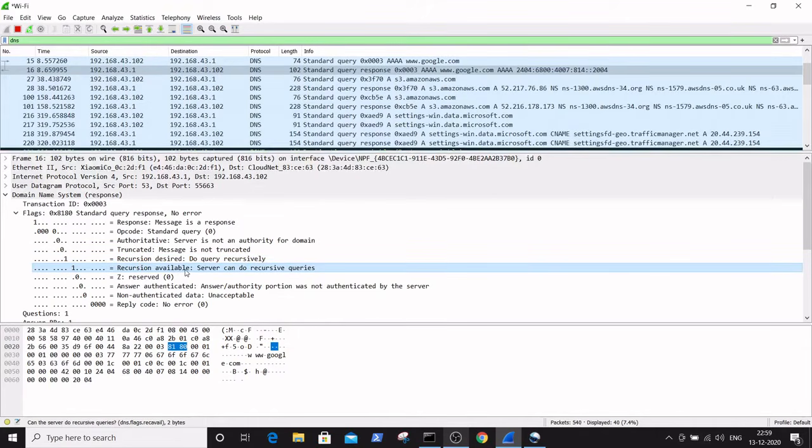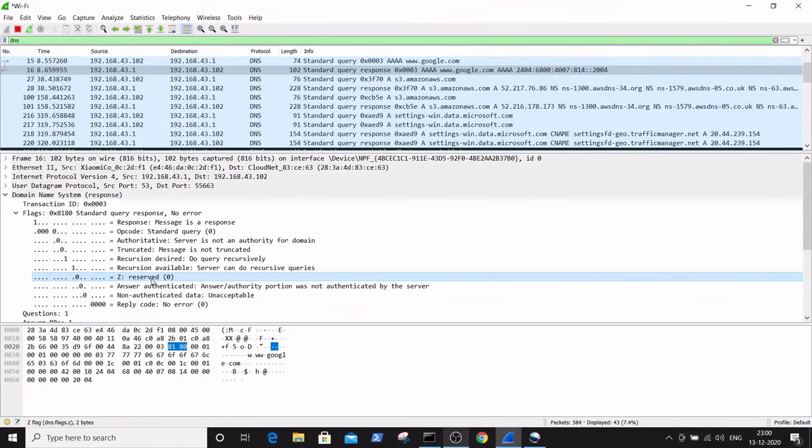And recursion available. The difference between the authoritative server and the recursive server is that the recursive server responds to the recursive request from the client, and it takes the time to track down the DNS record, whereas the authoritative server actually holds and is responsible for the DNS resource records. The other subfield, Z, is reserved with the value 0, and it is occupied in the third nibble, second bit.